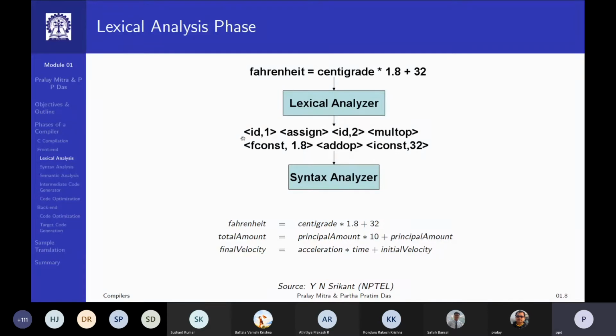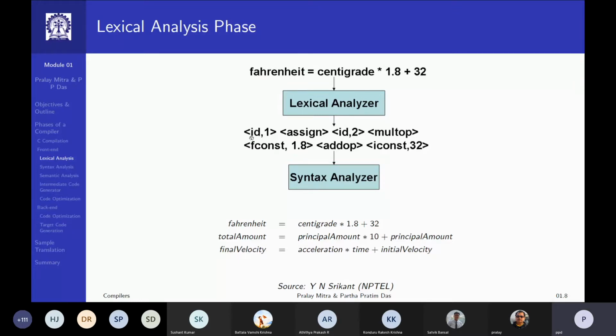in which the first part of the doublet says what kind of word it is. Right? You remember that I said the characters F-A-H-R-E-N-H-E-I-T are mixed into a word, which actually is an identifier. So I say that I'm taking this sequence of characters and transforming it into a token.